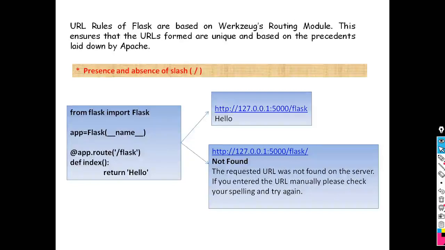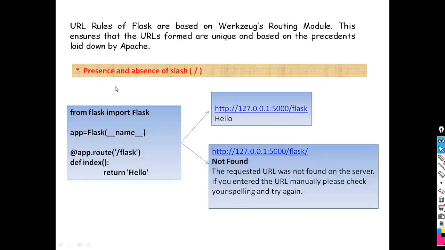So every time you write a URL in the address bar, you should write http://. Suppose we have to open the website of our college, then we have to write http://vivekanandcollege.org. This is the URL of Vivekanand College. With the help of this URL we can visit the website of Vivekanand College. Same thing is here.